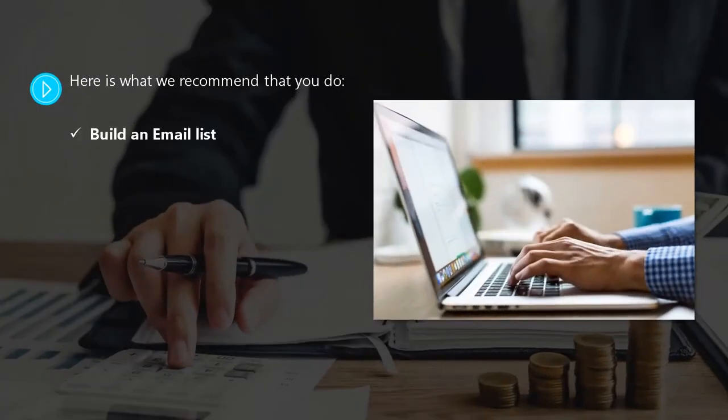Build an email list. Use an autoresponder service such as aweber.com to create an email list of potential customers for your course. You can create a landing page to offer an incentive for visitors to join your list. Then, you can send emails to them with tips and remind them about your course. Have a web presence. If you don't have a website or blog, then you need to create one.